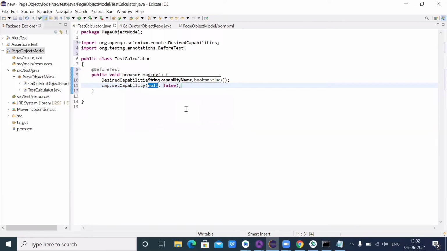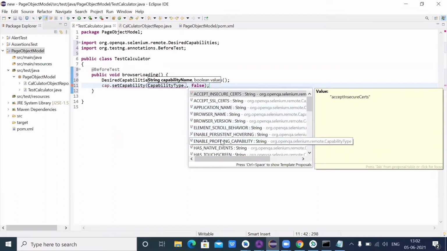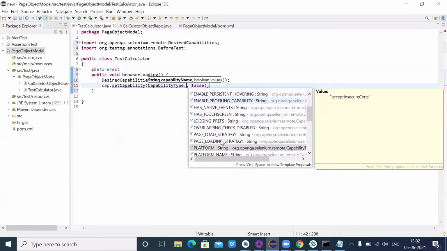Here in capability, first I want the capability type, so I will take CapabilityType dot, and in capability type I want to give the platform name. So platform name I am going to take from there.